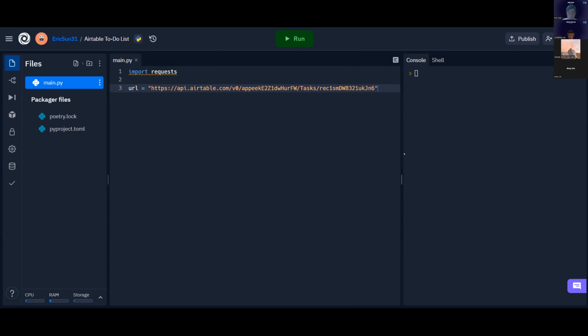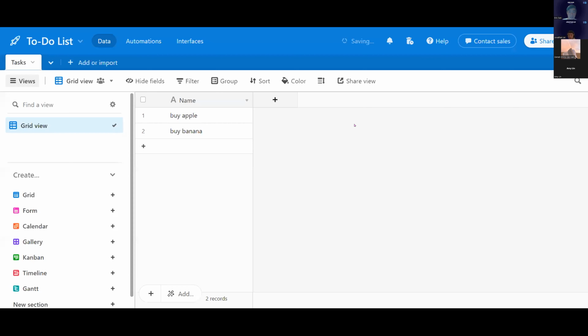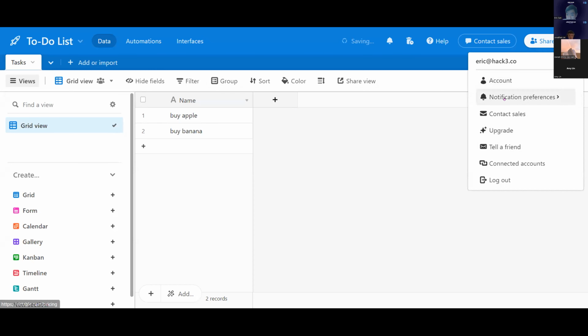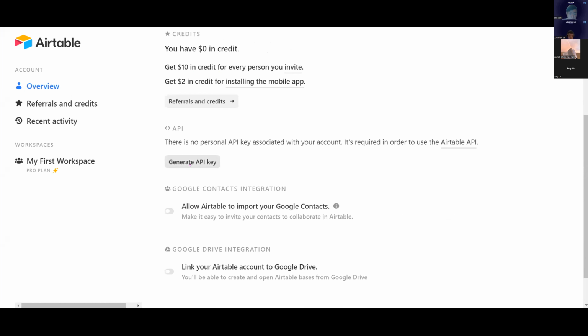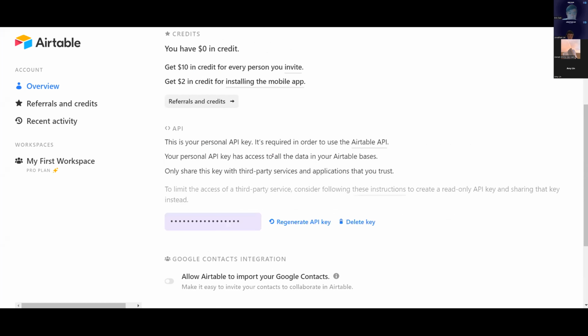So this is kind of like the username again. It's fine if people know this, but the important part is the password. So to get your token, go back to Airtable, and if you click on your profile and account, if you scroll down, there should be a generate API key. So this is going to be like your password. So copy that,